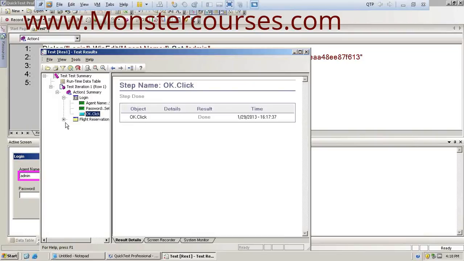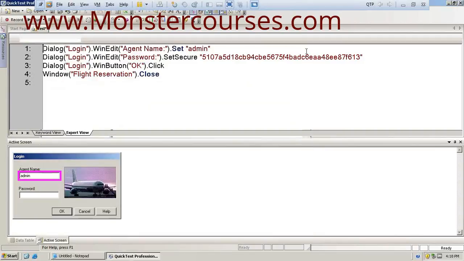And it has opened the flight reservation window, and it has closed the application again. Flight reservation dot close. So in the test results window, you can see the set of actions done by the tool on the application.